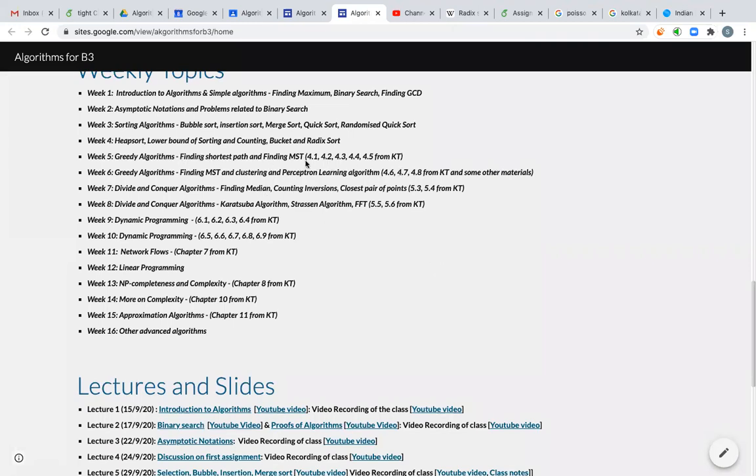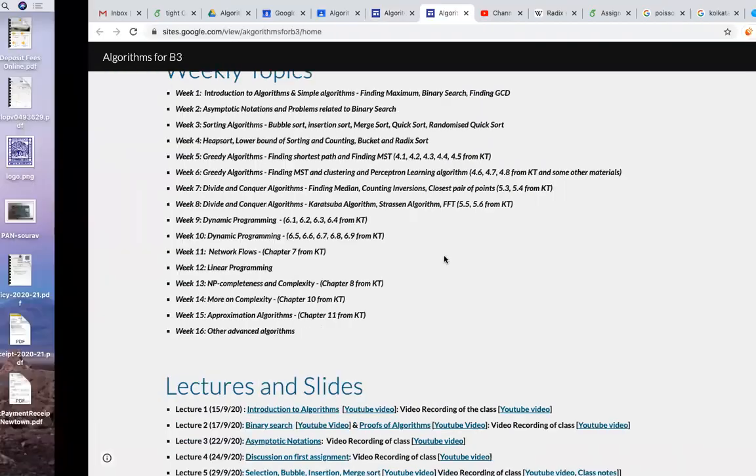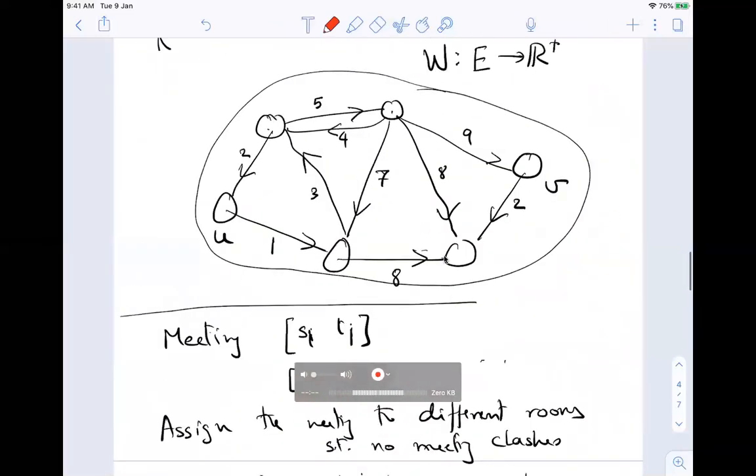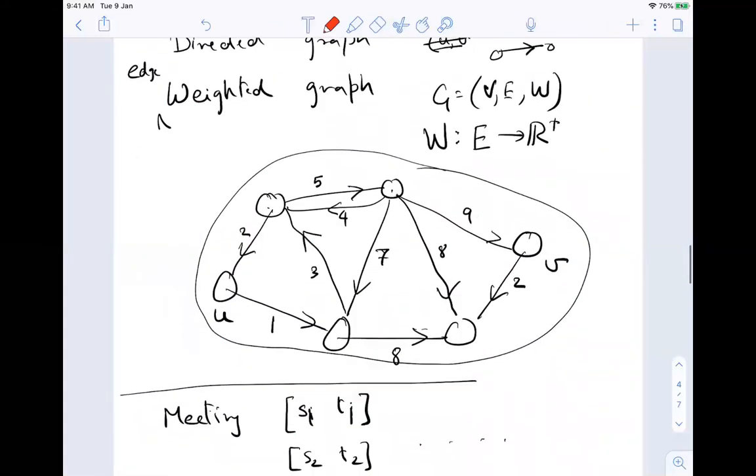It starts with finding the shortest path. In other words, in this graph, if I am given u and v, how do you find the shortest path between u and v? That is the start of it.